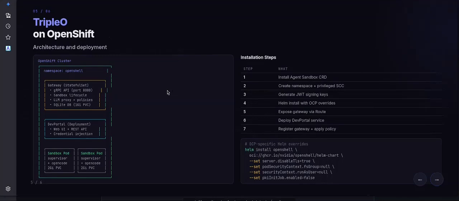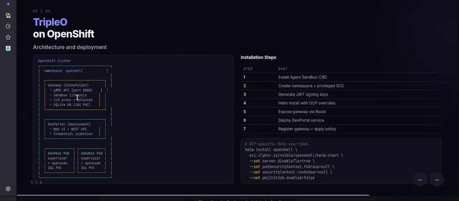But we can use it with local IDEs using SSH, and we will look later at how we can use it with IDEs. So for every user, we will have a tenant, a gateway, a connected Devportal for better user experience with management of sandboxes, and various sandboxes that the user can create for themselves or for autonomous agents.